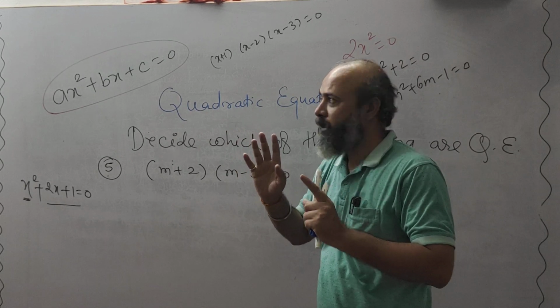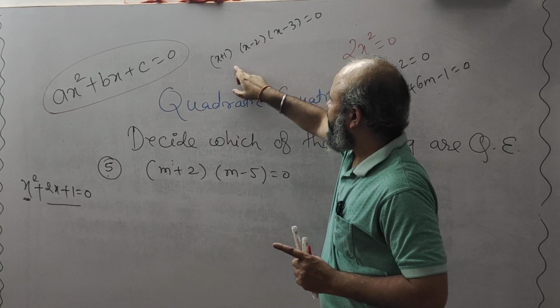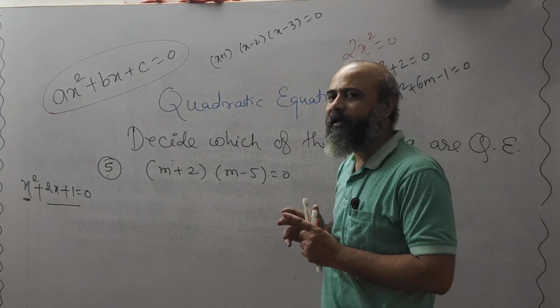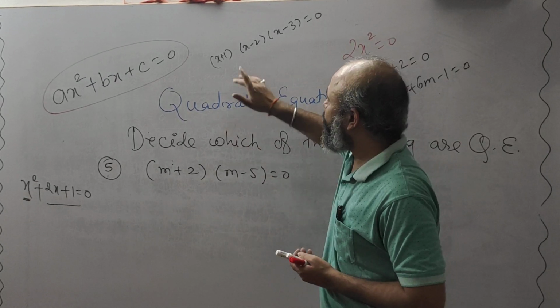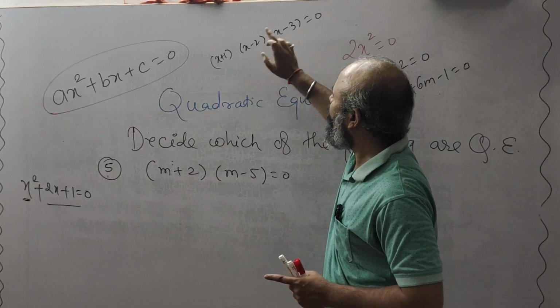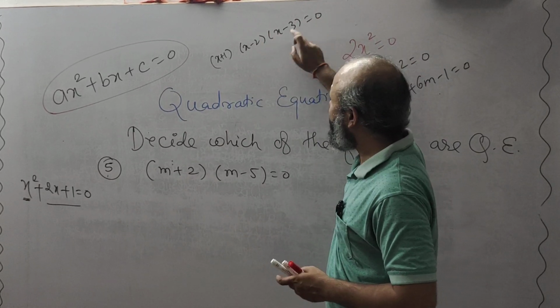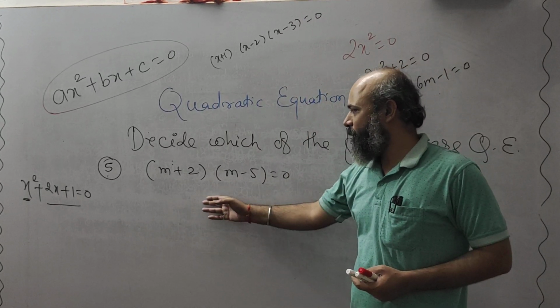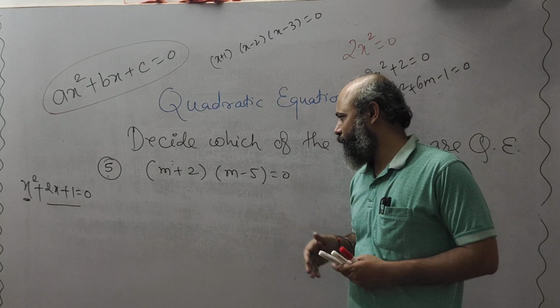समझ में आ रही कहानी? मल्टीप्लिकेशन ऑफ दिस थ्री ब्रैकेट्स इज इक्वल टू 0. ये बहुत डिफिकल्ट है बताना. क्या बताना डिफिकल्ट है? कि कौन सा ब्रैकेट 0 है. इसलिए हम क्या राइट करते हैं? आइदर दिस ब्रैकेट इज इक्वल टू 0 और दिस ब्रैकेट इज इक्वल टू 0 और दिस ब्रैकेट इज इक्वल टू 0. नाउ स्टूडेंट, here in question number 5, product of these two brackets is equal to 0.